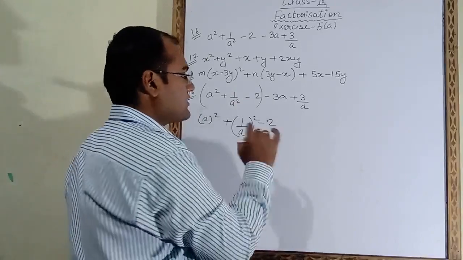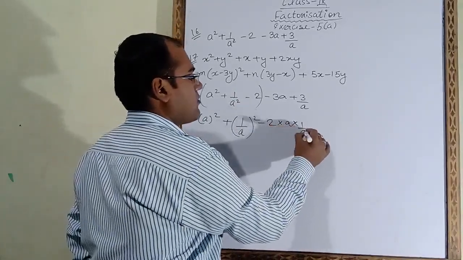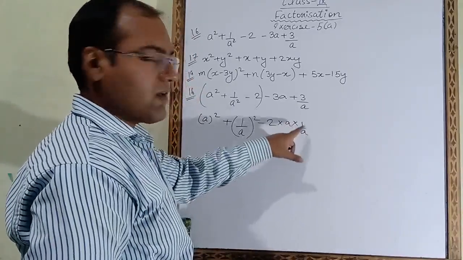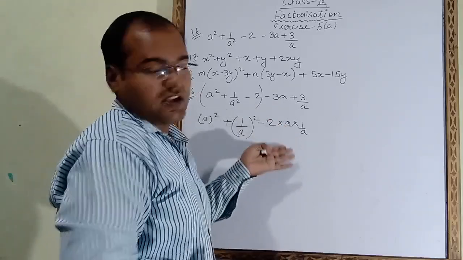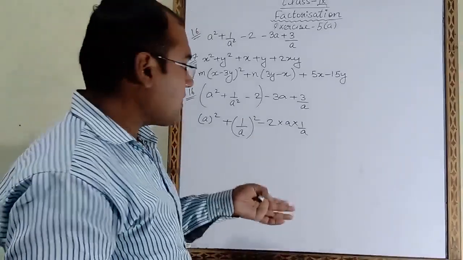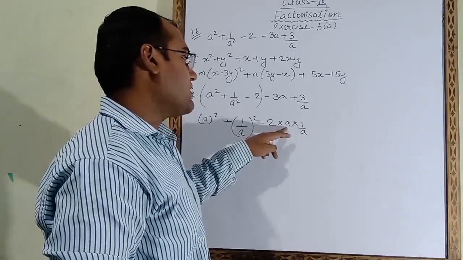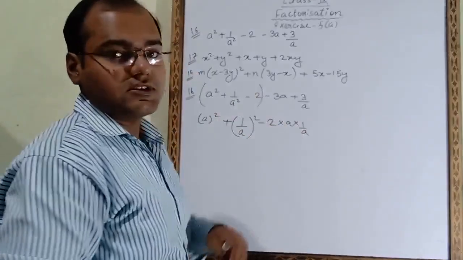Minus 2 is written, but instead of minus 2 you have to multiply by a and also multiply by 1 upon a. You have to add it yourself, a multiply 1 upon a. Why are we adding it? Because on adding it the answer, the meaning, will remain the same. Why? Because this a is in divide and this a is in multiply, both will get cancelled. So multiplying 2 with 1, the final answer will be 2, and here also it is 2.